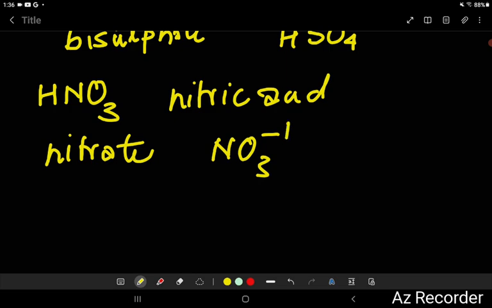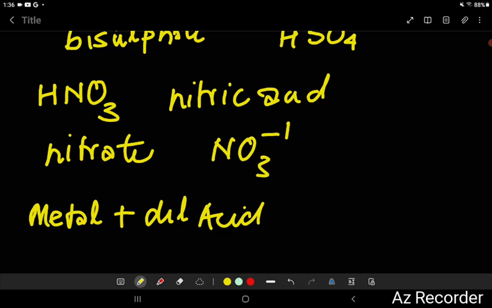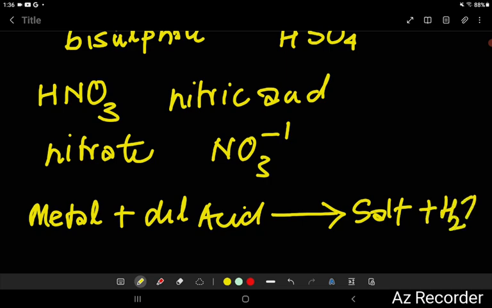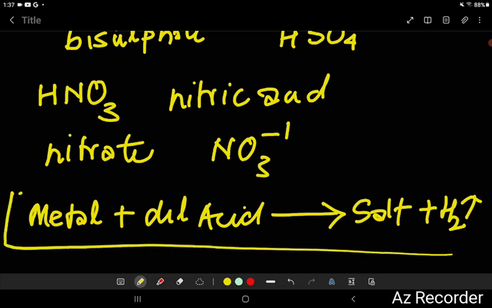Now moving towards the reaction, how to write it. Suppose you are going to write the reaction of any metal with a dilute mineral acid. This is the first reaction. So what you will get here is one salt, and the second product will be hydrogen gas. This is the common reaction, the major reaction. This will be helpful to write a number of reactions